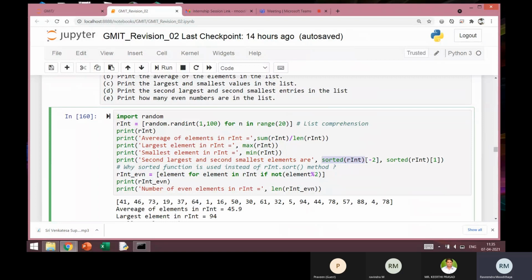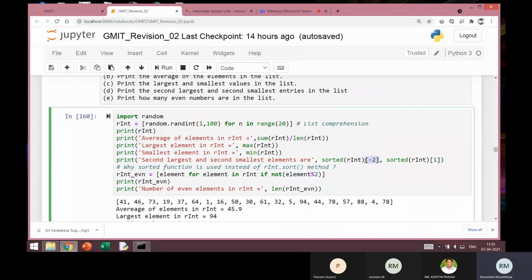Now, once you have this sequence in ascending order, the second largest number will be the second one from the end. Remember that the output of this will be a list, so in that list, I want to extract the second value from the end.